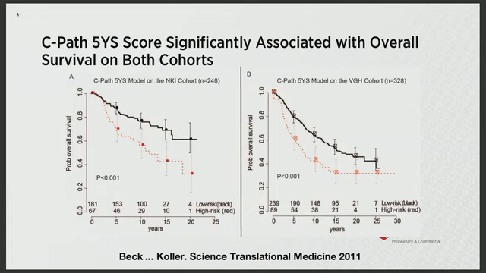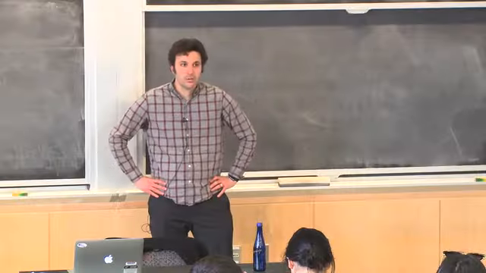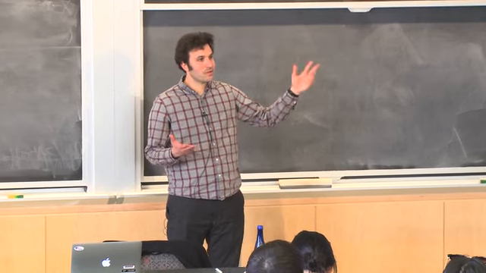And then it's always important for these types of things to try them on multiple data sets. And here we show the same model applied to a different data set showed pretty similar overall effectiveness at stratifying patients into two groups. So why do you think doing this might be useful?